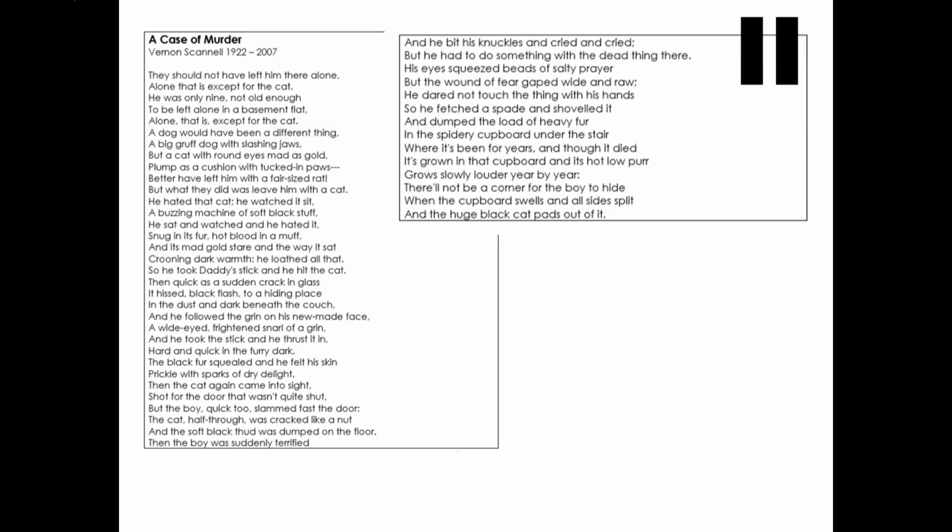Okay, so we can see a poem this time with a particularly dark theme. So what do I want you to do with the poem? Okay, in order to show your understanding of the narrative of the poem, I want you to find a quotation for each of the 12 statements. The first 2 have been done for you.